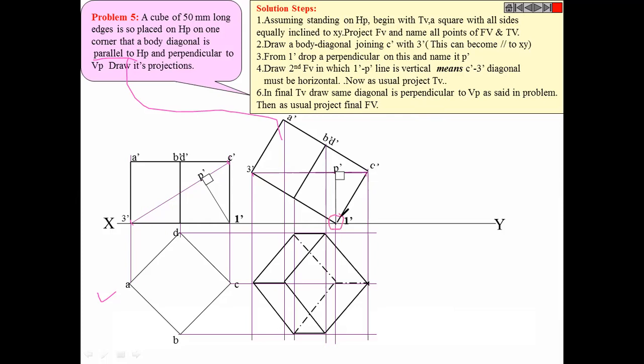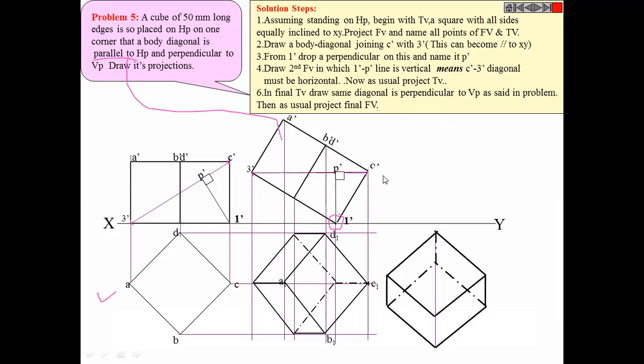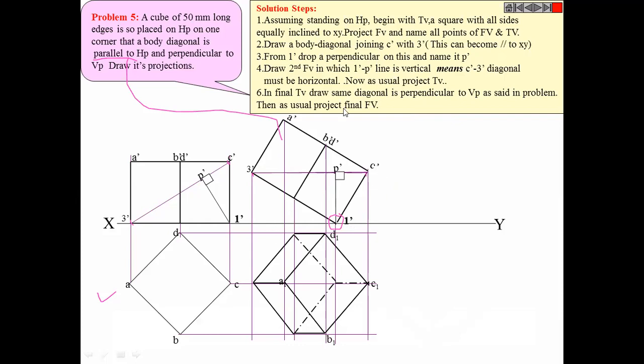The farthest point is C. This is actually 1, 2, 3, 4.